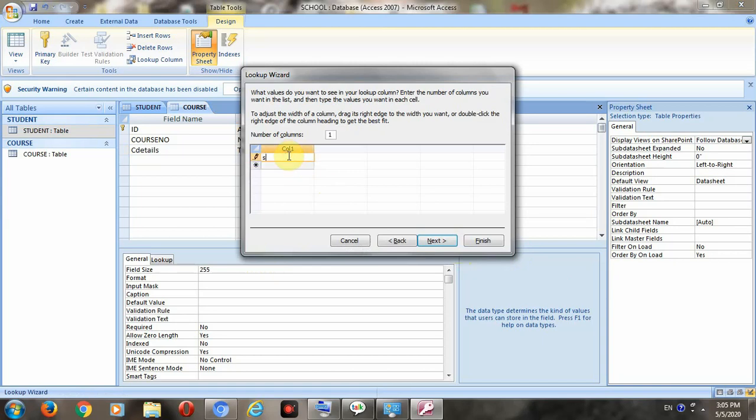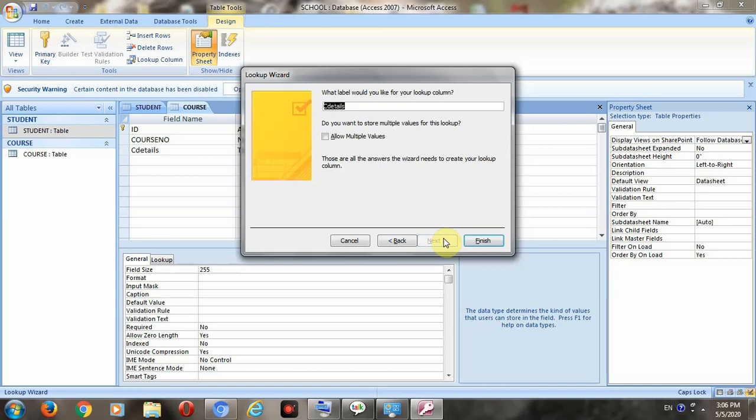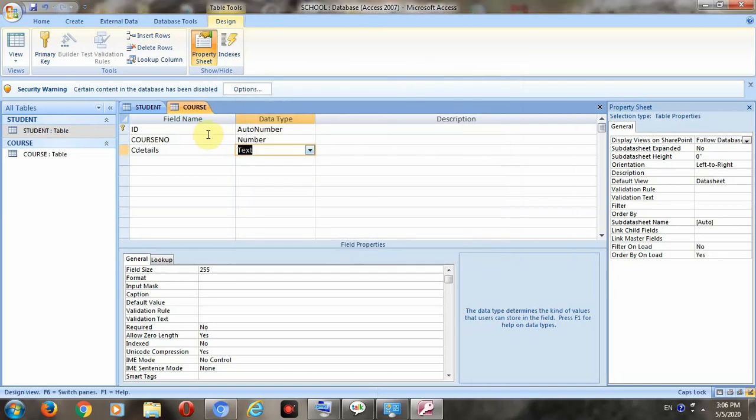Say my course details are science, arts, commerce. Then go to next, I want the lookup for this particular field, and then finish. This is what I have created for the particular table.